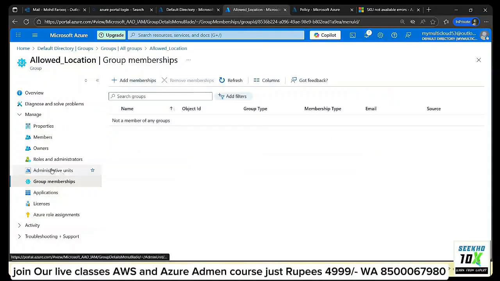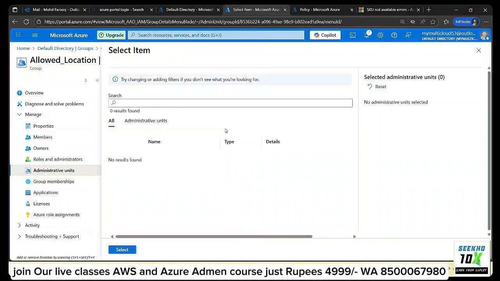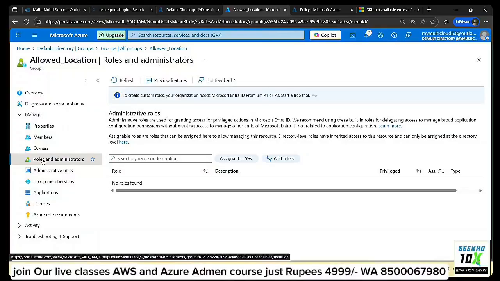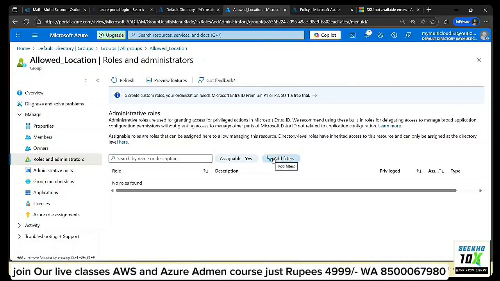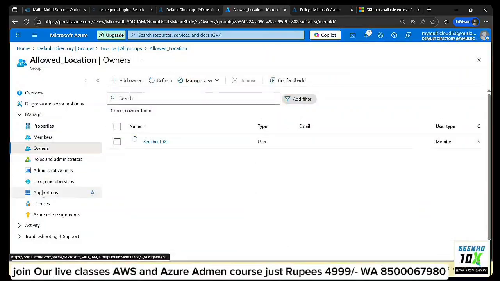Okay. Administrative unit. So no administrative units are there. Currently, we need to create it. Right now, roles and administrator. So have we assigned any roles to this group? No, we have not assigned any roles for this group. Only we have assigned members and owners. We can assign